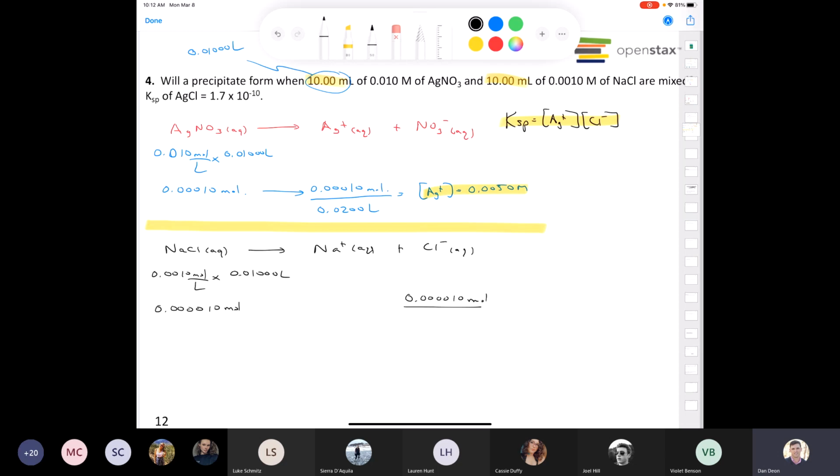So to figure out the concentration of my chloride ions, again, I left out the sodium because it's not important. It has nothing to do with what I'm looking for. So I divide that by the total volume, 0.02000 liters, and I get the concentration of my chloride ions is going to be equal to